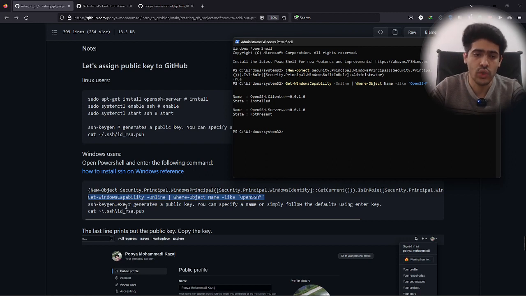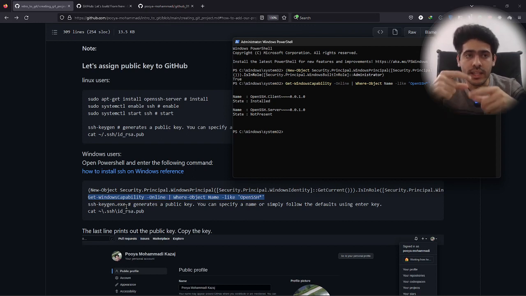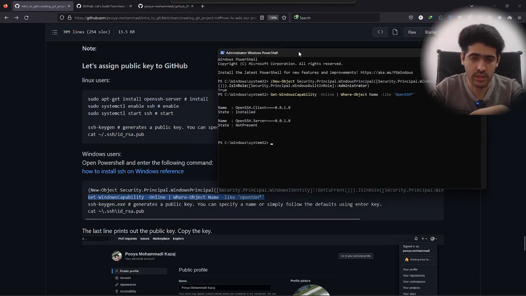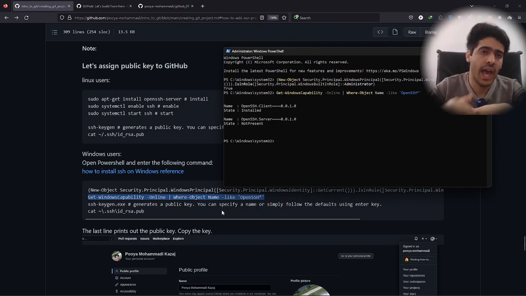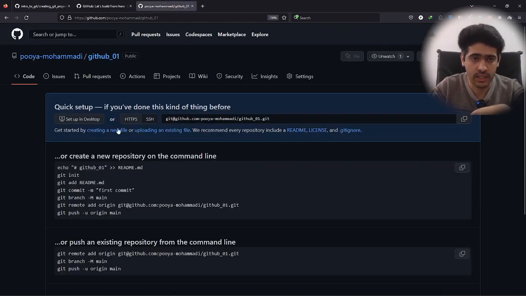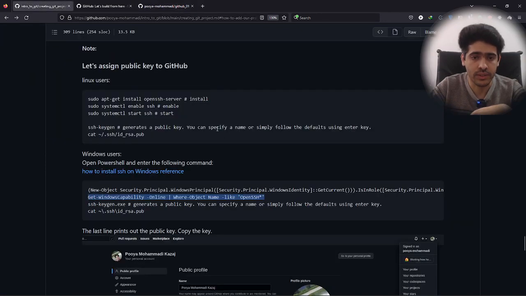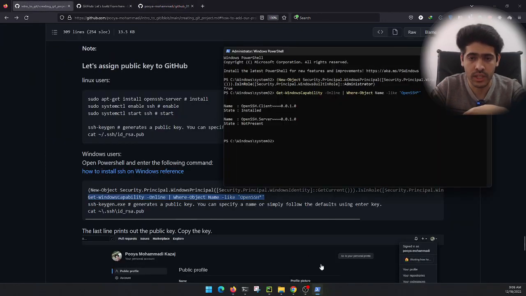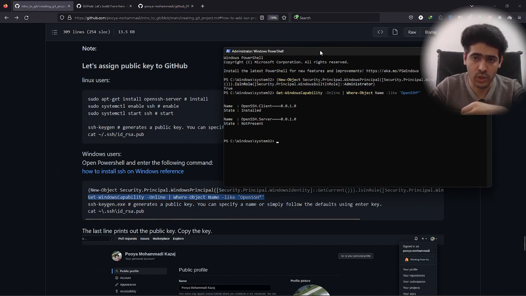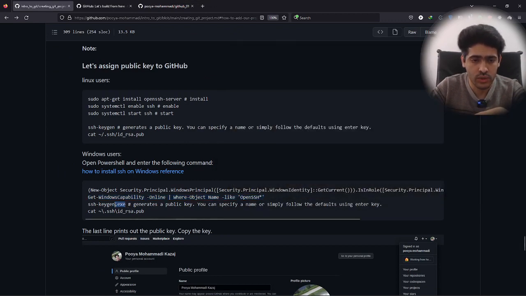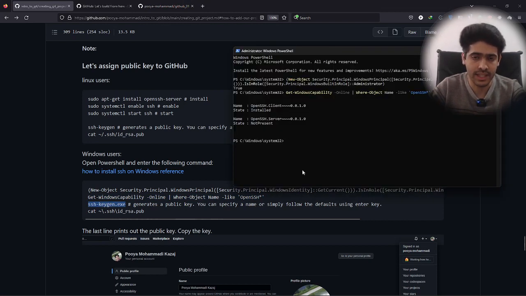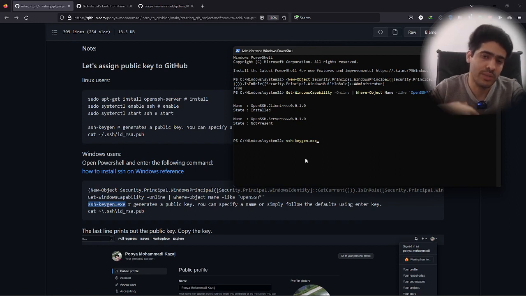And after that, you should generate a key so that this key will be the connection between your local machine, which is this PowerShell and the desktop, and the remote server, which is what we got here. This is our remote server. So we want to create a connection between our remote server and our local machine. So simply you should use ssh-keygen, which means generate an